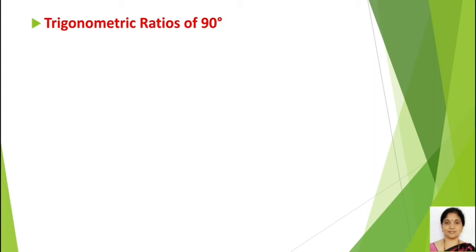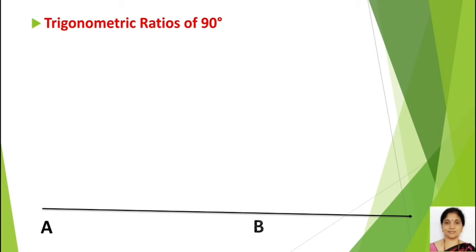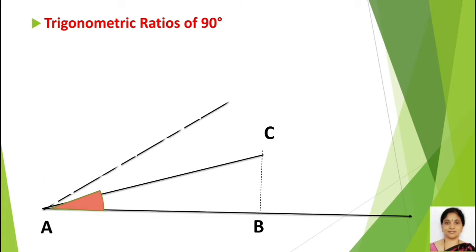For this, here also I am taking a ray AB. And I am considering a line segment AC, which makes some angle, and draw the perpendicular line from C to B. So here is the angle. Here we get a right angle triangle ABC, with the right angle at B. To get 90 degrees I have to increase the angle at A. That means the AC line angle I have to increase. Just see here, like this I increased the angle.